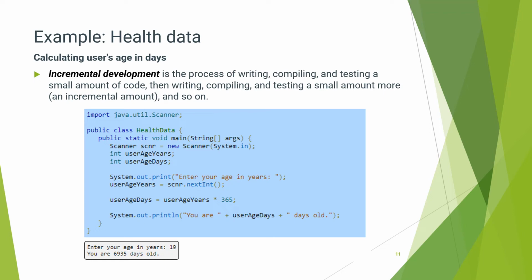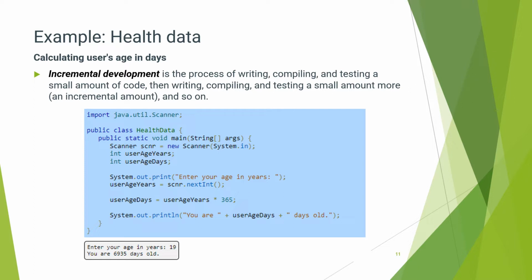The next topic is health data example. Here we are calculating users' age in days. And let us discuss a small topic about incremental development. Incremental development is a process of writing, compiling, and testing a small amount of code. And after doing this, again we will perform writing, compiling, and testing on another small amount of code, and so